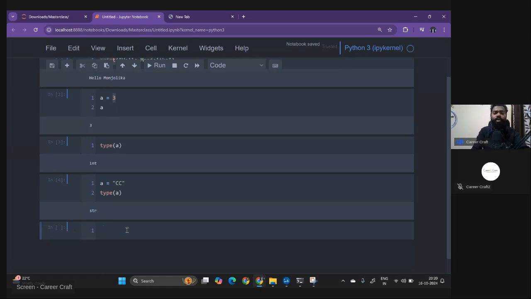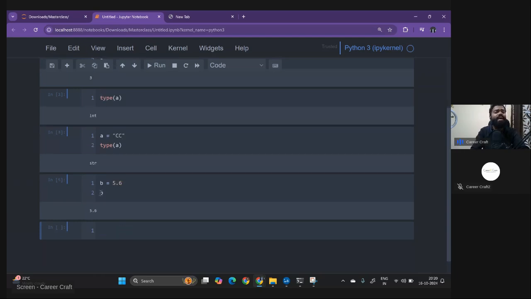Similar to that, you will be having b is equals to 5.6, let's say 5.6. Now यदि आपको ये देखना है कि ये किस तरह का है, so you will just find a type of b, then you will realize this is going to be float. That's the understanding. बहुत ही बेसिक चीज, बहुत ही सही, मजे आ गए। आप लोग ये सोच रहे होंगे कि सर क्या पका रहे हो, ये सब चीजें तो मुझे आती है। बढ़िया, बहुत बढ़िया।